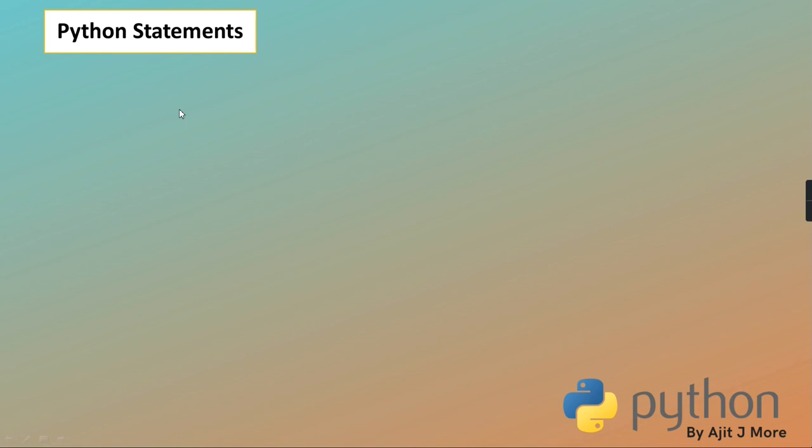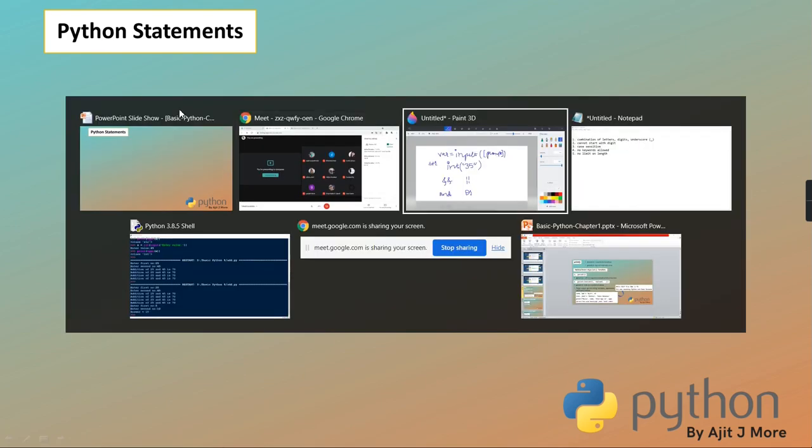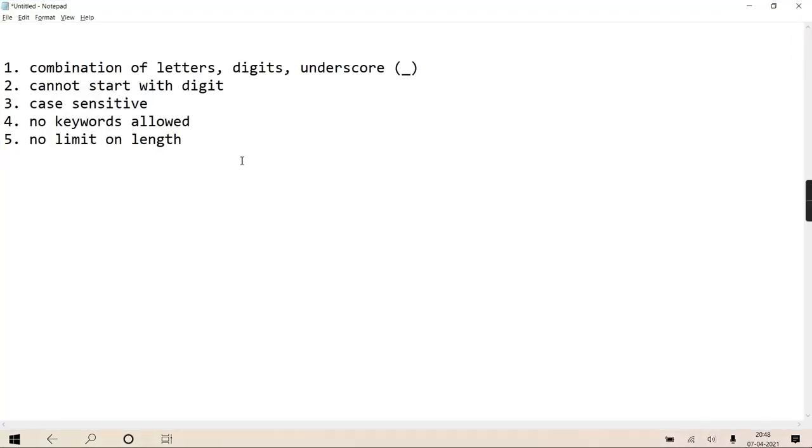Now, all the simple statements are never terminated with a semicolon like in other languages. You just have to write the statement and press enter and come to the next line, because Python considers the new line, that is the enter key which we gave, as the statement terminator. The line terminator is the only thing considered as a statement terminator.